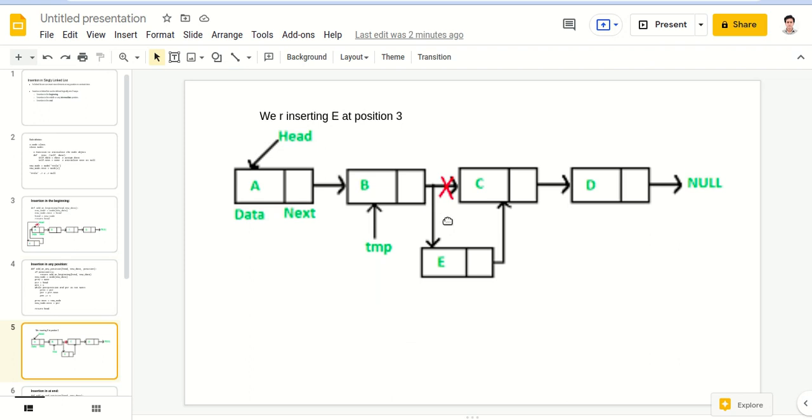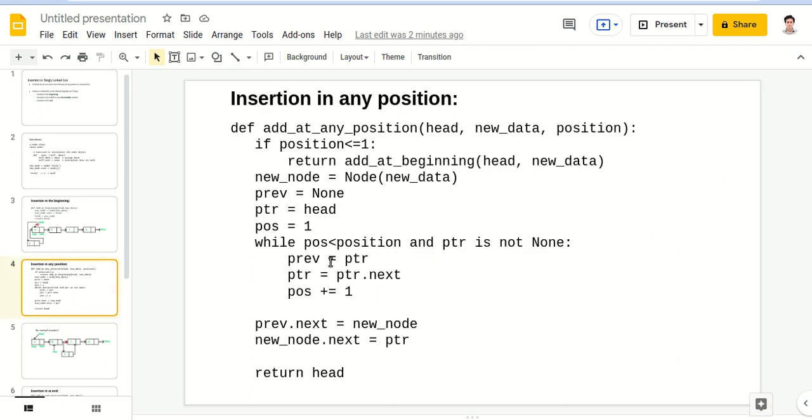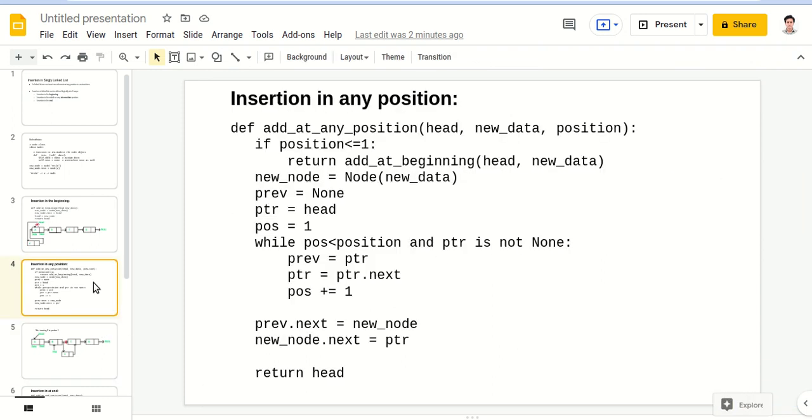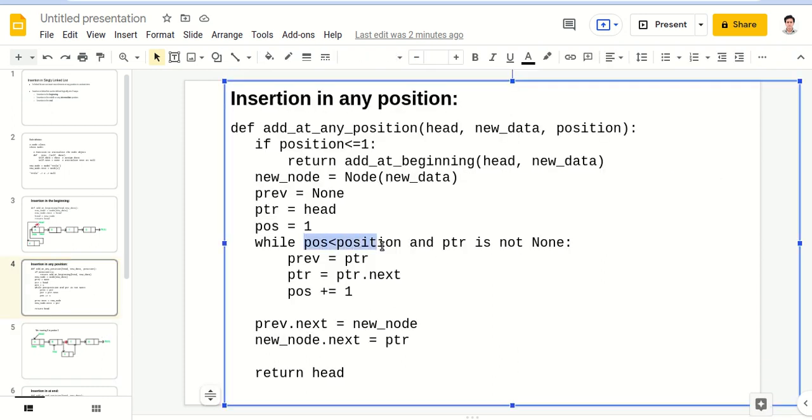So now pos is equal to position, so the loop will break. In this scenario, it is breaking the loop because ptr hasn't reached the last position; the pos value has reached position.